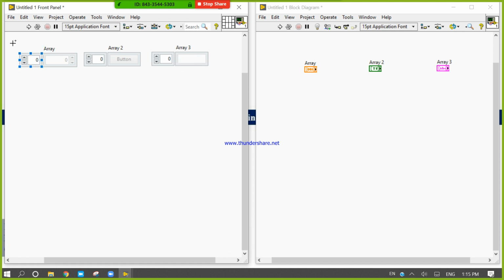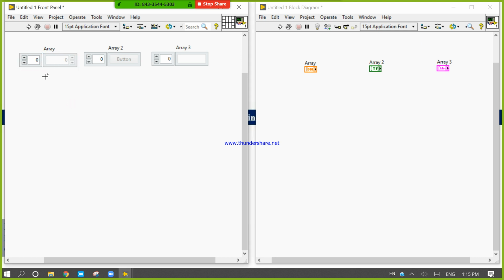Now it is a 1D string array control terminal, or you can say numeric array control terminal. Sorry, it is a 1D numeric array control terminal. What is it? It is a 1D boolean array control terminal. It is a 1D string array control terminal.